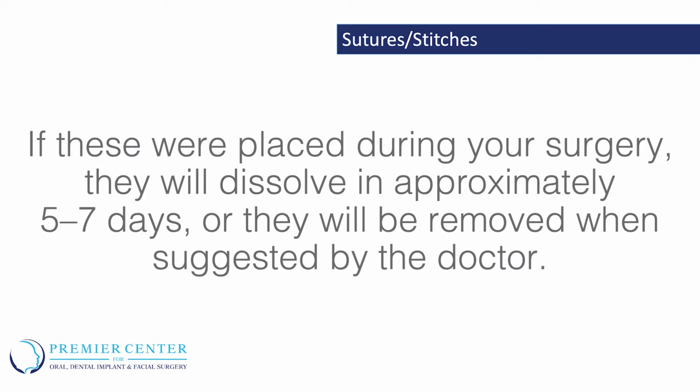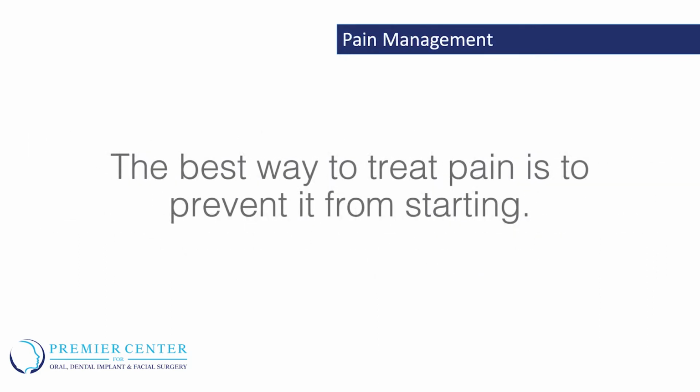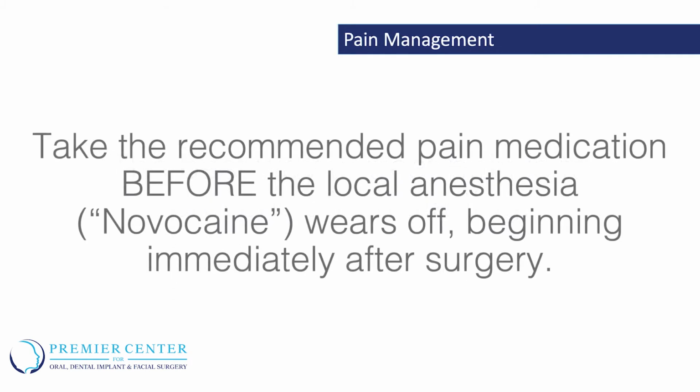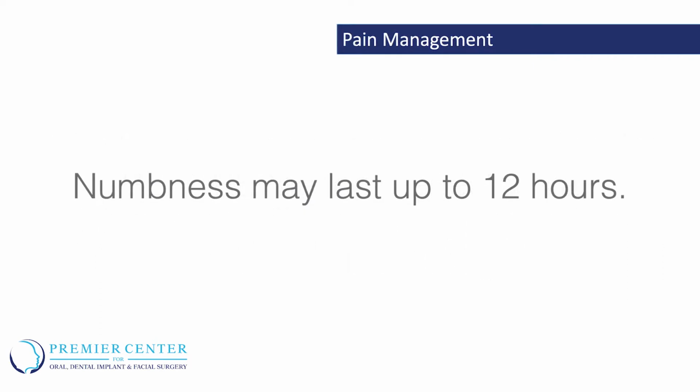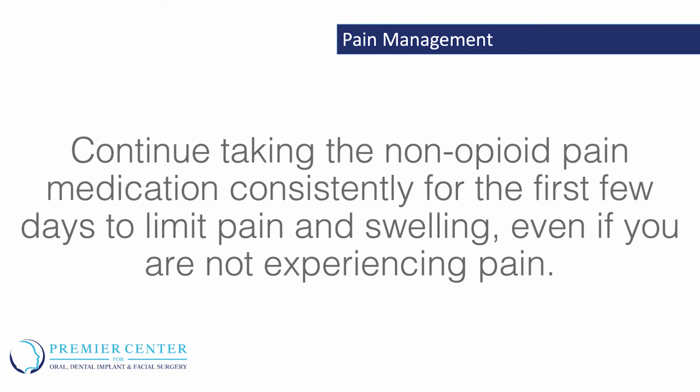will be removed when suggested by the doctor. Pain management. The best way to treat pain is to prevent it from starting. Take the recommended pain medication before the local anesthesia, Novocaine, wears off, beginning immediately after surgery. Numbness may last up to 12 hours. Continue taking the non-opioid pain medication consistently for the first few days to limit pain and swelling, even if you